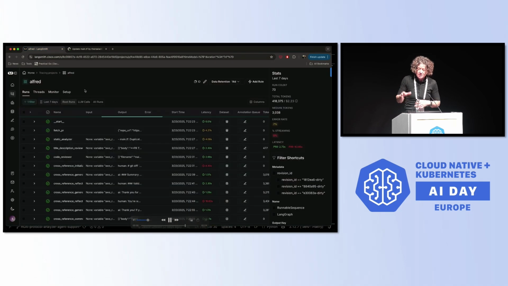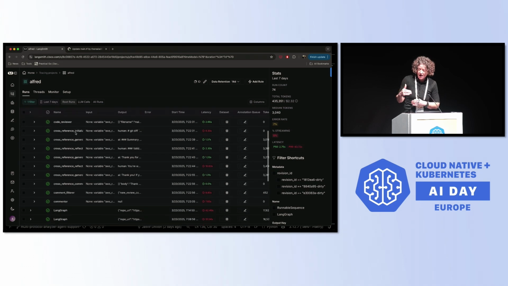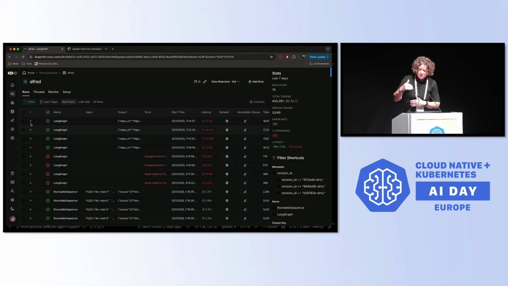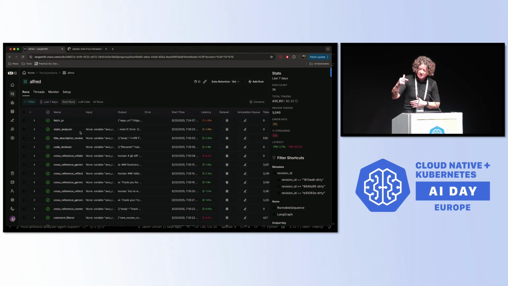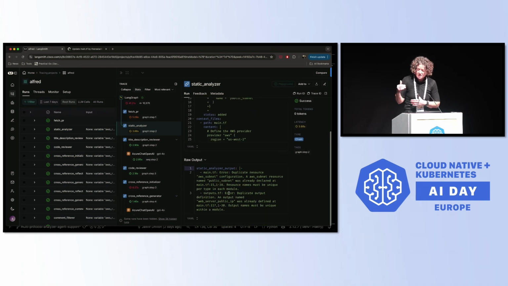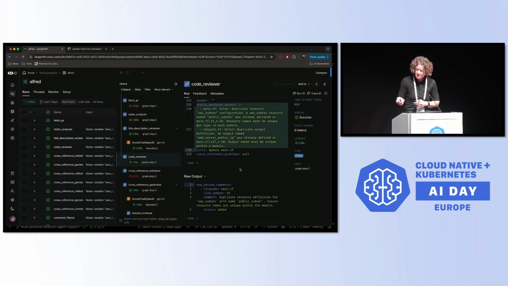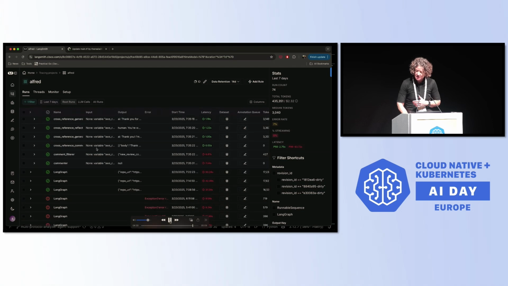So that was just our logs. We can actually see what's happening in LangGraph much more visually. Looking at the latest run here, you can see that we're calling a number of different nodes or agents, and then in a trace view you can see the static analyzer trace, and it's come back with some information. Then you can see the code reviewer receiving input from the static analyzer. So that's what's going on behind the scenes a little bit. All right, and I'll stop it there.